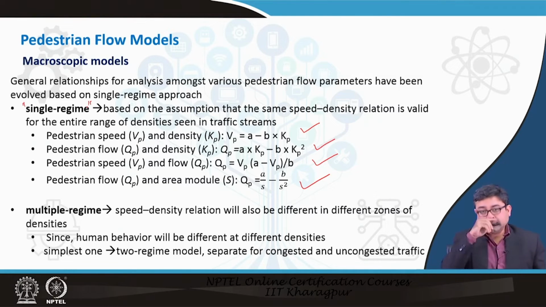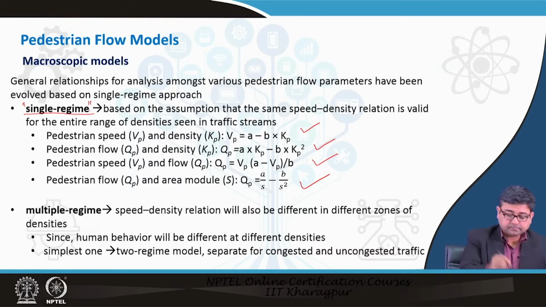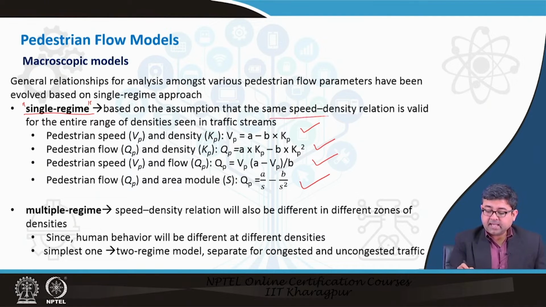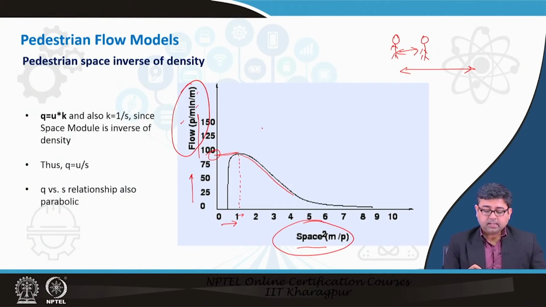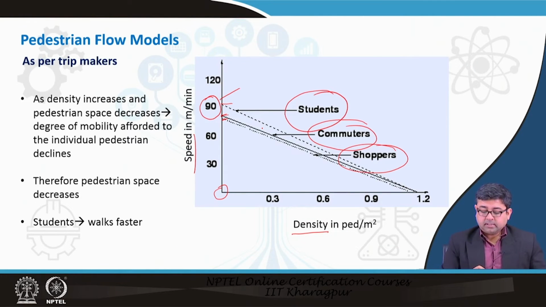What we mean by single regime models is that we assume the same speed and density relation is valid for the entire range of densities seen in the traffic stream. So, if we go back to the speed and density relationship, we are saying that